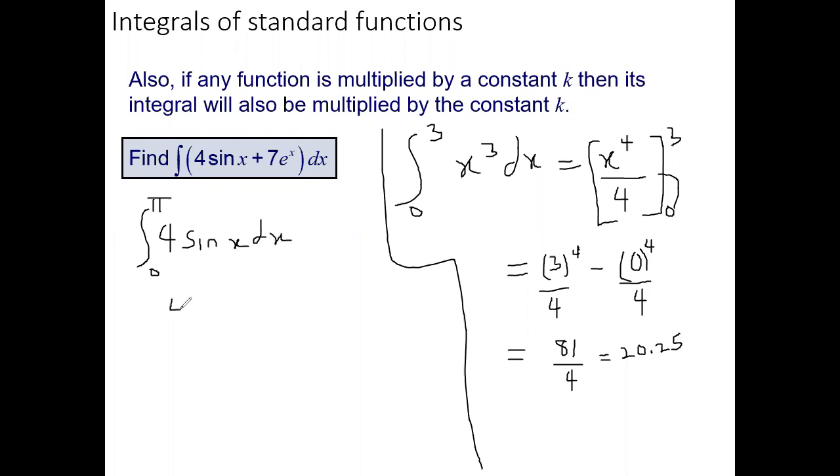So this is going to give us 4. When we integrate sine, we'll get what? Negative cos. So you get minus cos of x. But take note, we are going to substitute the limits of integration, from 0 to pi. So this will look like this: 4 times negative. In fact, the negative 1 can even come out. So negative, then we have cos of pi,